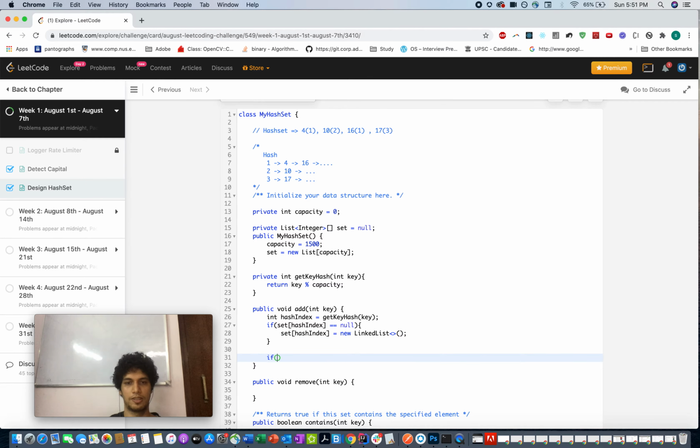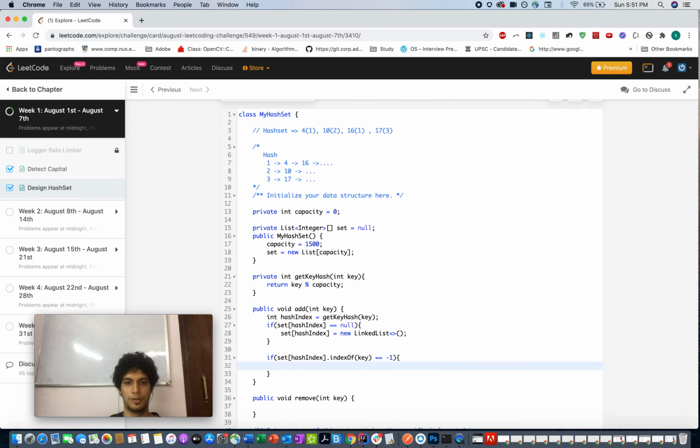And now let's check if hash index dot index of key, it will check whether it is already present in the list or not. If it is equal to -1, if it is not present, then you add it in your 2D matrix. Dot add, you simply add the key.